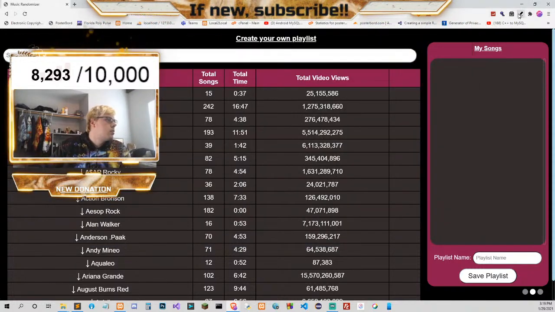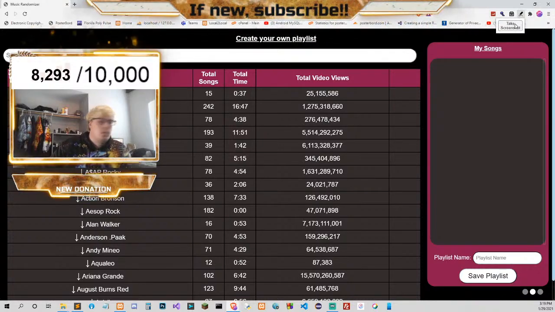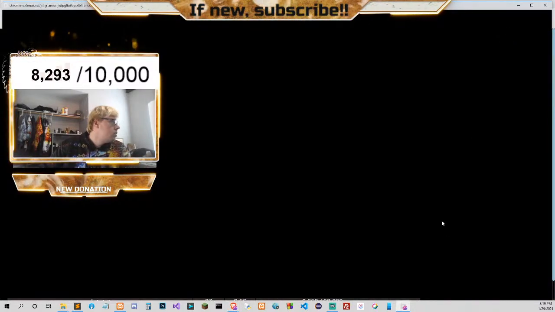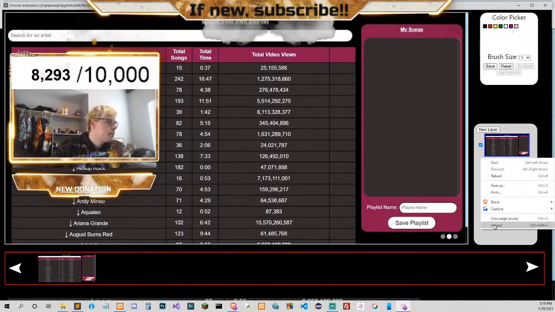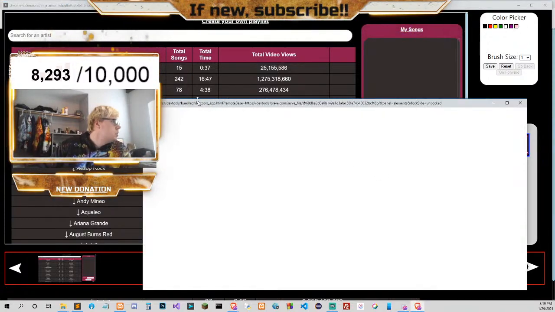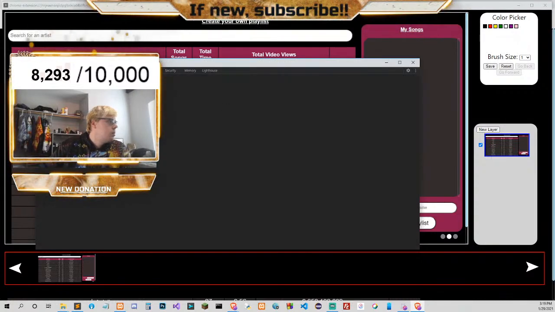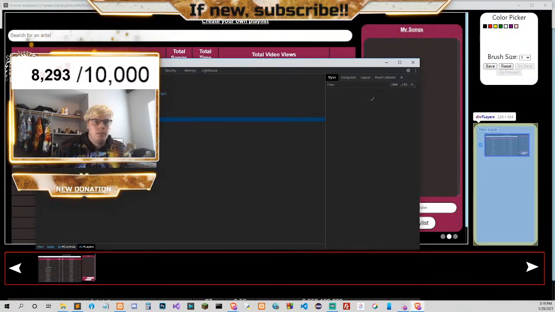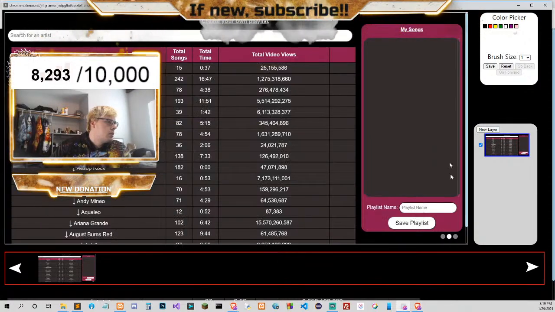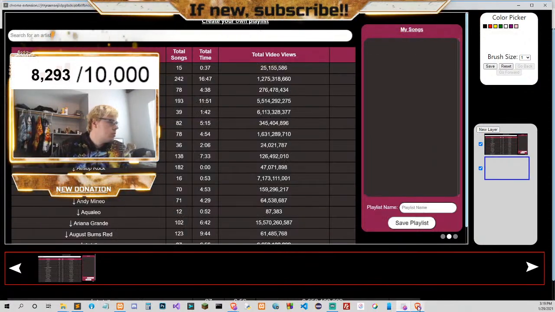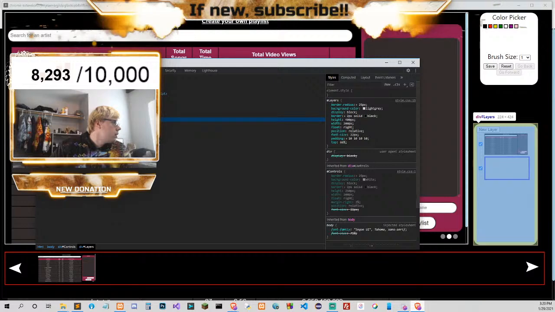Alright, so let's do this. Click on this, take the screenshot. Now, if I hit new layer, let me let this load for a second. If I hit new layer, the value of the new layer should be 2.